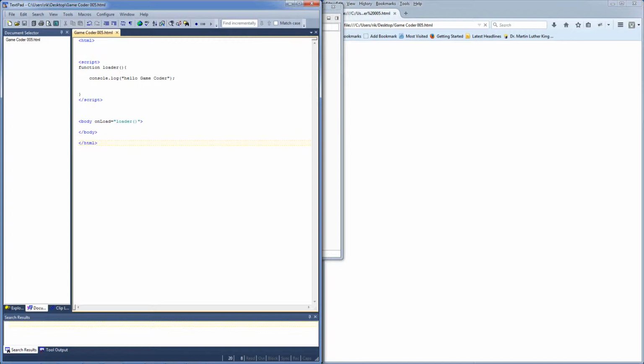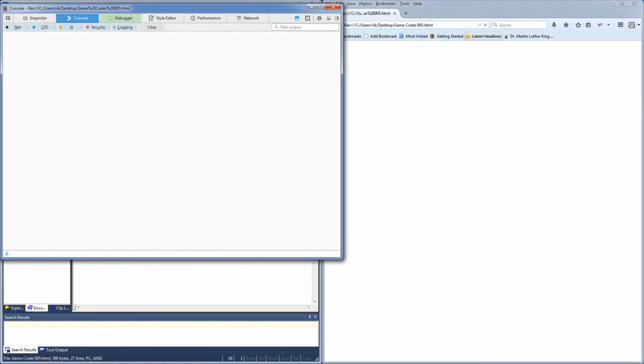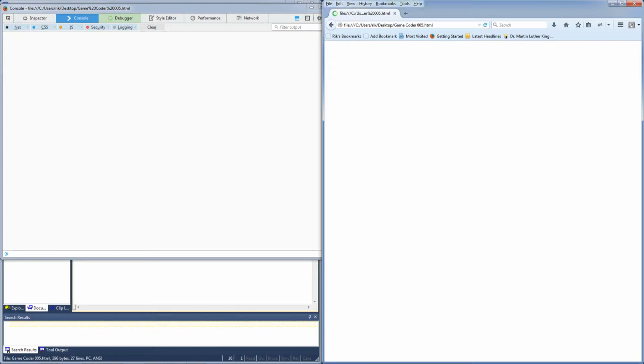Okay, so very trivial. Script tag, print console.log. If I wanted to print console.log multiple times, I could do this: 1, 2, 3, 4, 5, 6, 7, 8. I will print hello game coder 8 times. Okay, let's look at the console. Clear. Reload this,